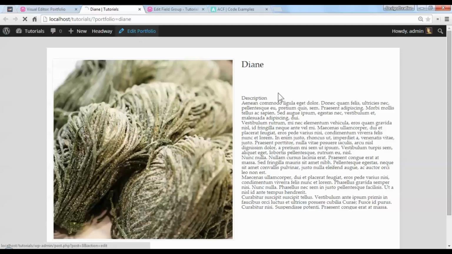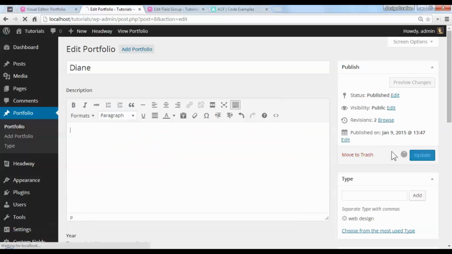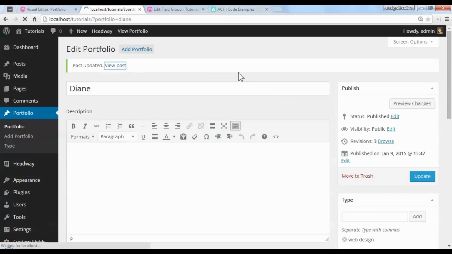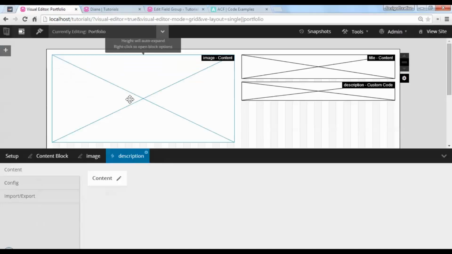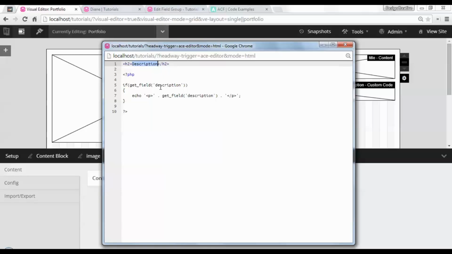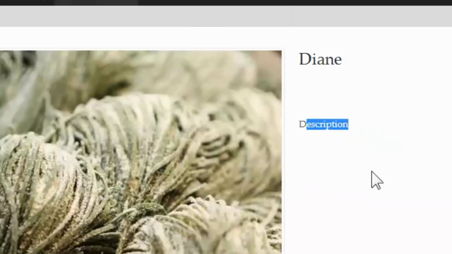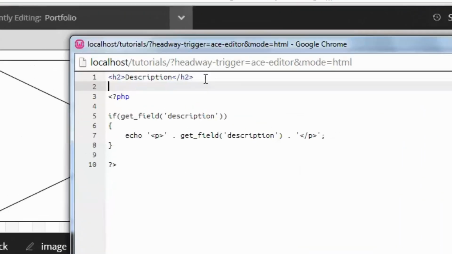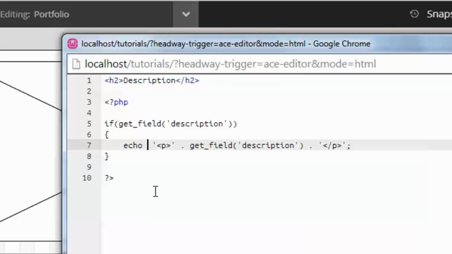But say if we don't have a description for this. Let's go in here, delete it, update, and view post. We still have the description tag in there. So this is where this whole code, if get field description, comes in real handy. So what we want to do is go back to edit portfolio. Actually, let's not do that yet. Let's go over to here, and I'm going to copy this, and where it says echo, I'm going to paste, actually no, I'm going to put in